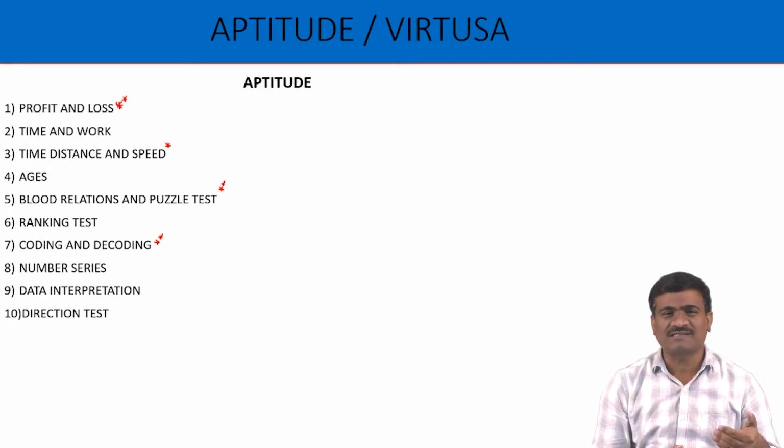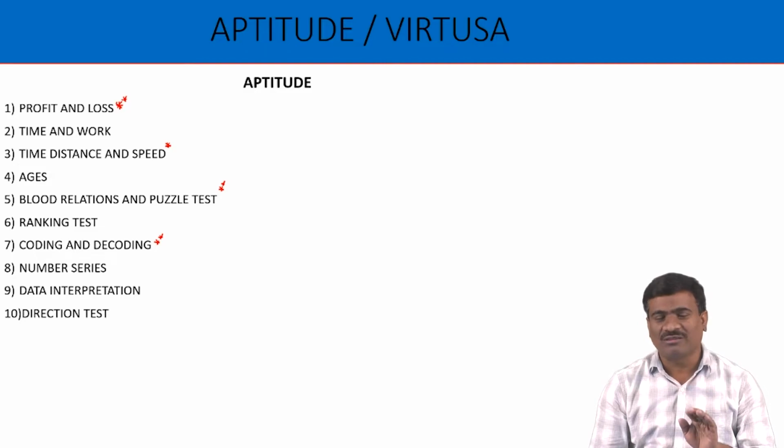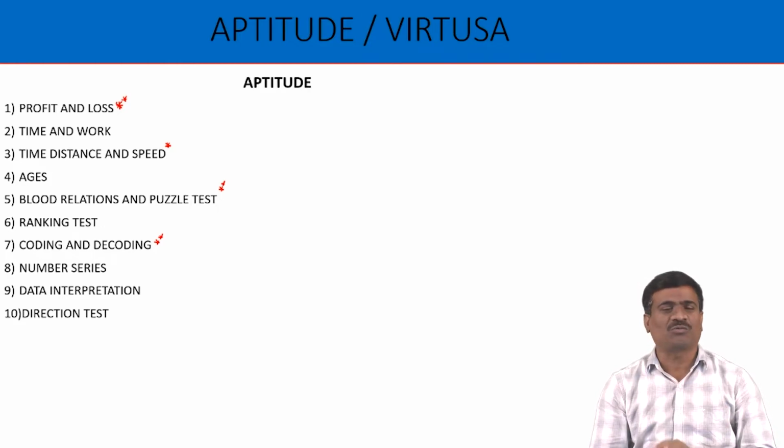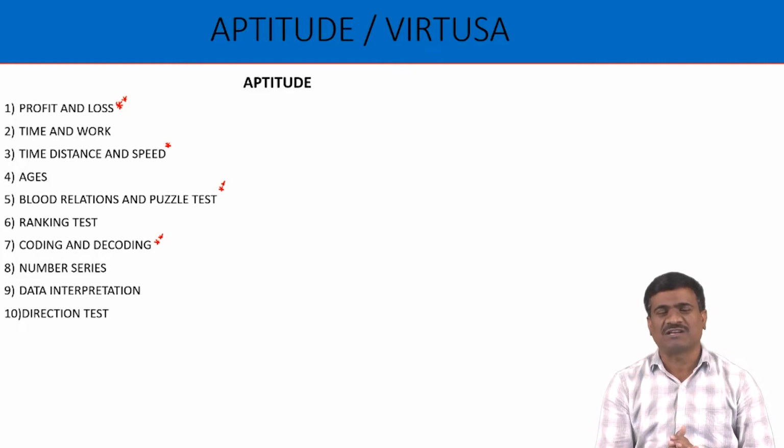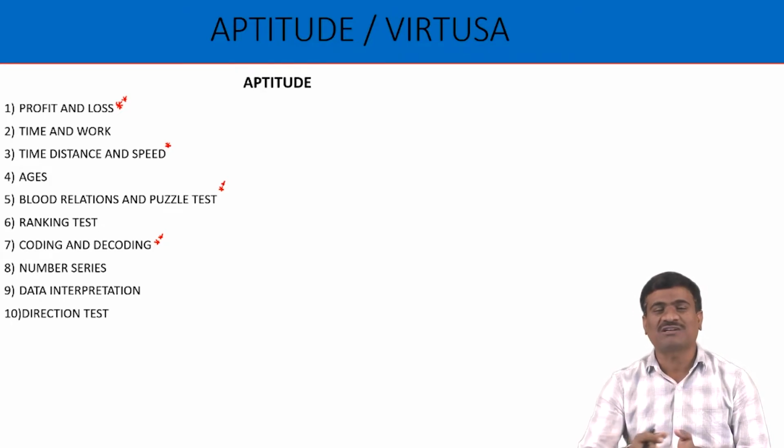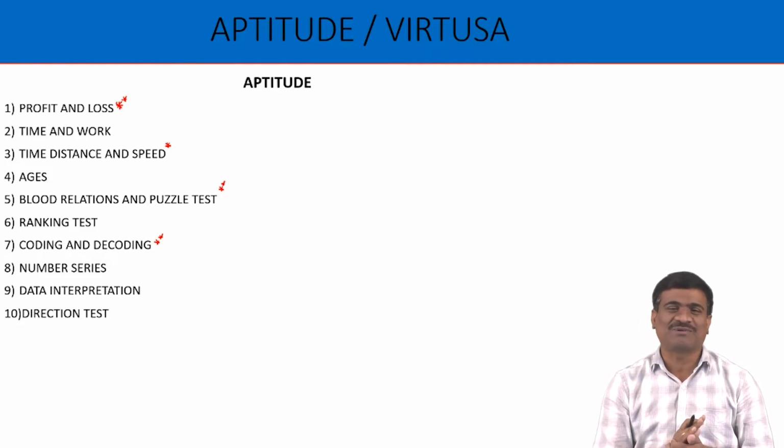Second, time, distance and speed. One of the lengthy topics in quantitative ability and also an important topic in quantitative ability. The topic name is time, distance and speed. We have five subtopics in time, distance and speed. Number one, basics. Number two, relative speed. Number three, average speed. Number four, boat and stream. Number five, races and games. But the important topics in time, distance and speed for the Virtusa test pattern or Mettl based exam test pattern